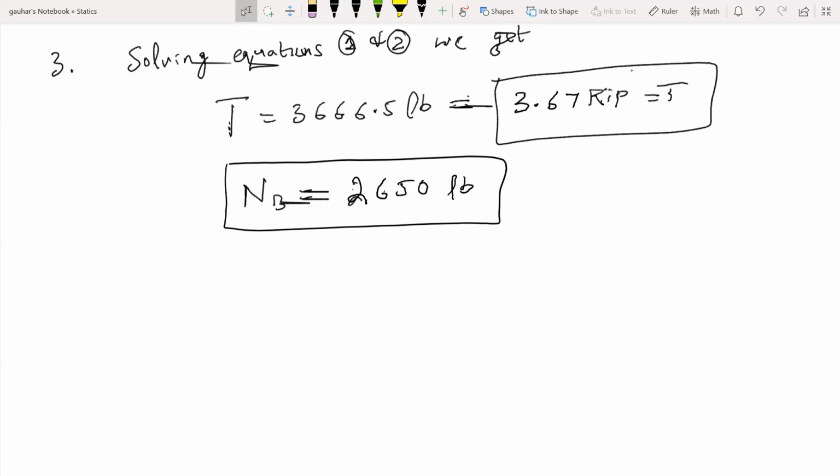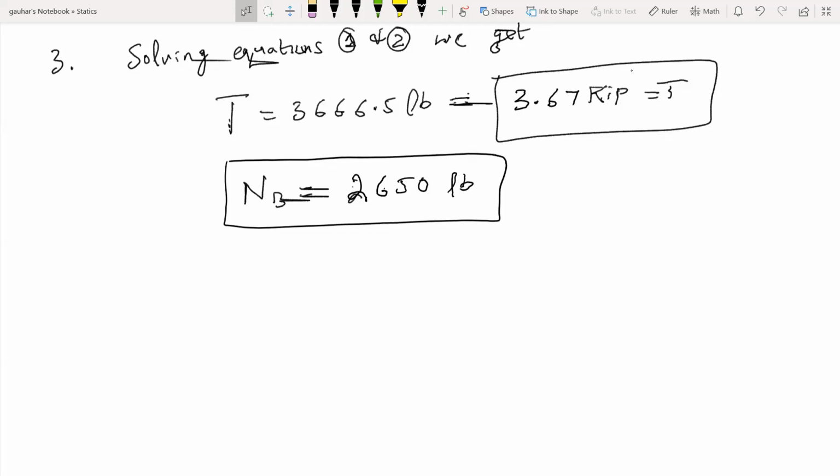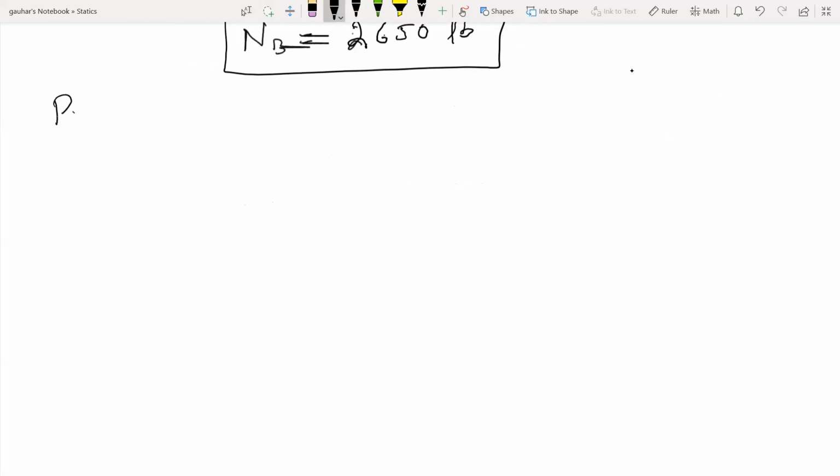Now let's move over to the second problem of your handout. Okay, so let's do problem 2 of your handout. Okay, so if you go through the statement, the beam AB has